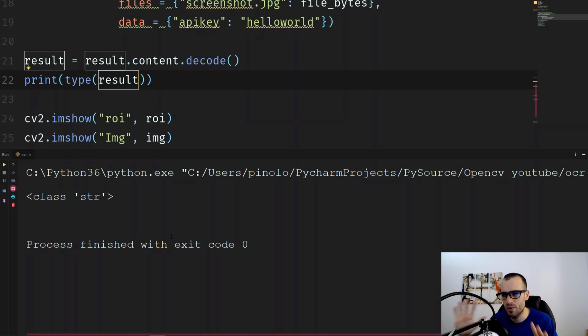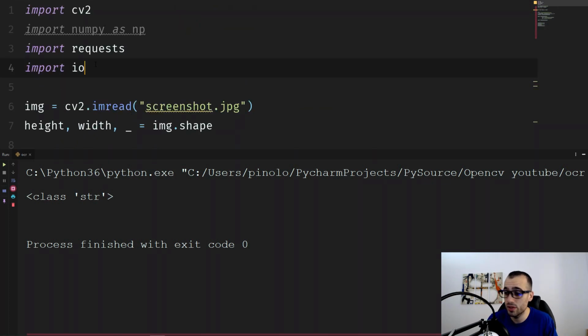So to do the things properly, we need to put the results into a dictionary. What is a dictionary in Python is a JSON format. So we import json,